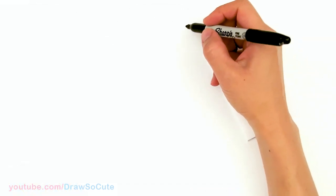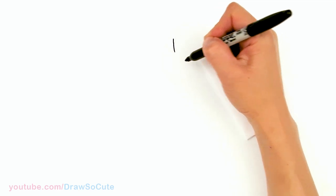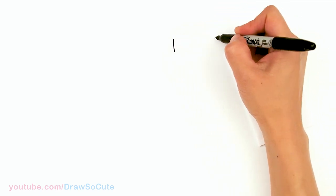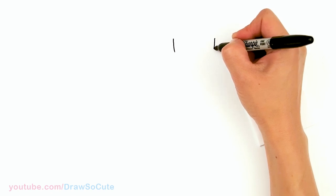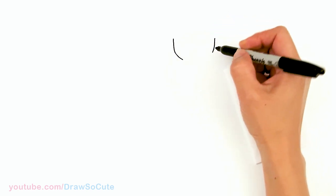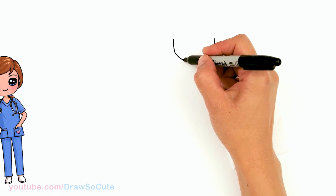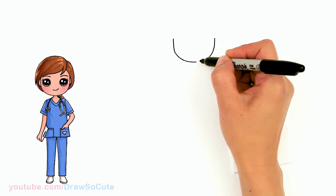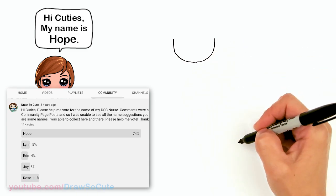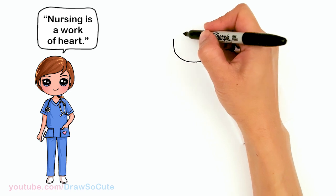To draw this nurse, let's first start by drawing her face. So I'm going to come right here and basically draw the bottom of a U. So I'm going to come right across, about right here, and connect at the bottom with a curve. There, so just a basic curve right there for the face, and then let's come back to where you started,